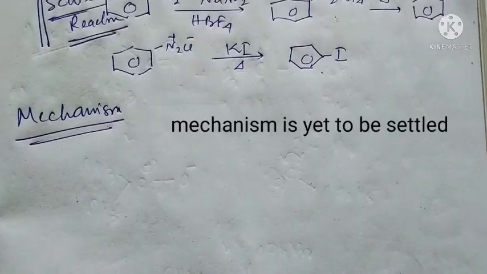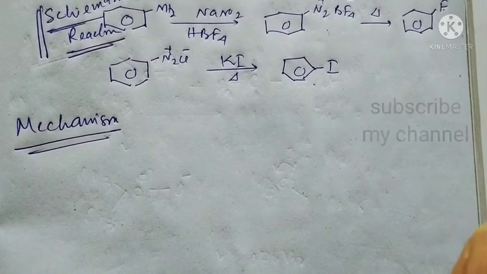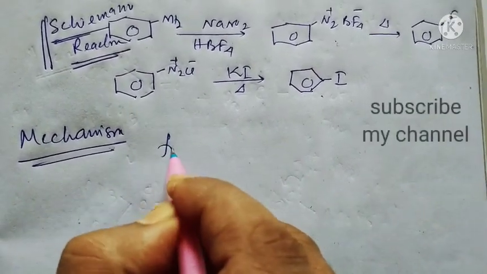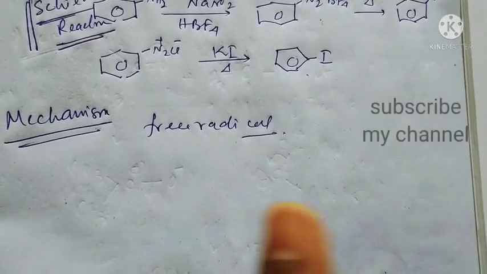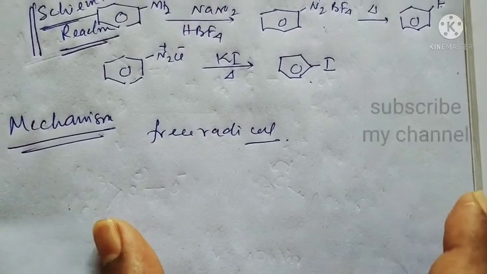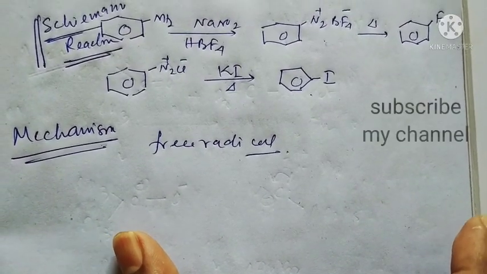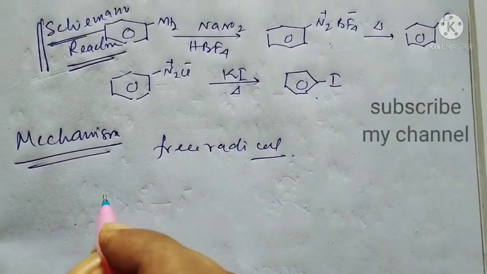Okay students, the mechanism is yet to be settled. However, it possibly goes through the free radical mechanism. Okay, it is believed that. Now in the free radical mechanism, Cu+ copper first reduces the diazonium ion with elimination of nitrogen to form an aryl radical. That is, you can see this is our